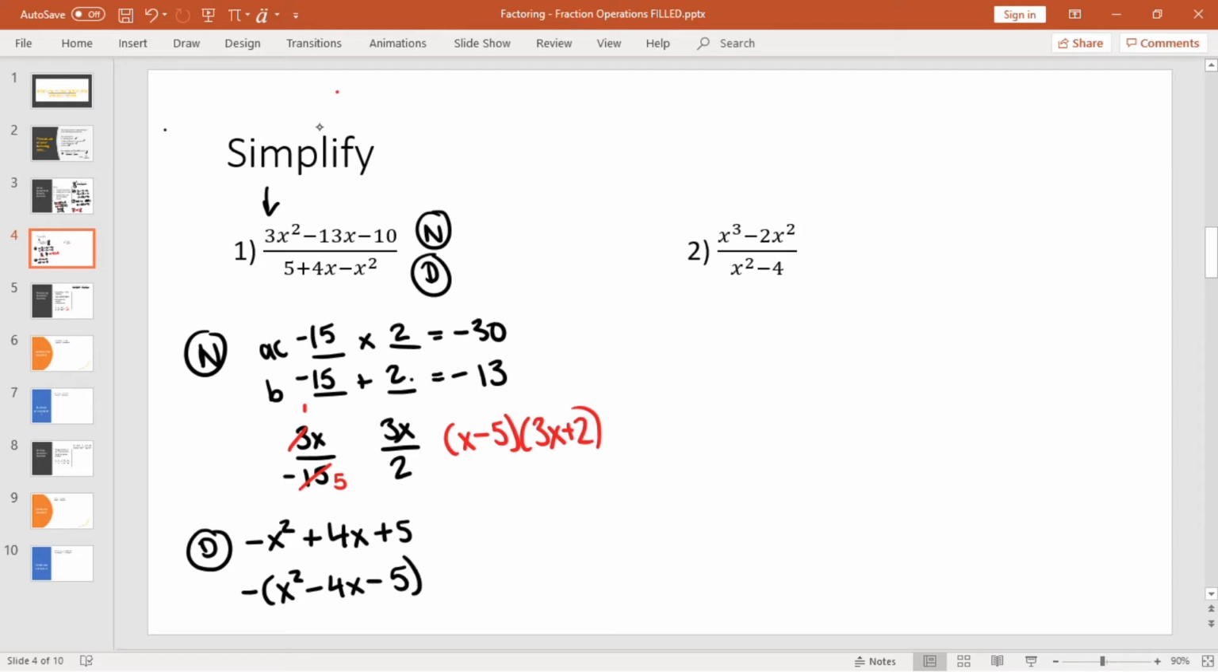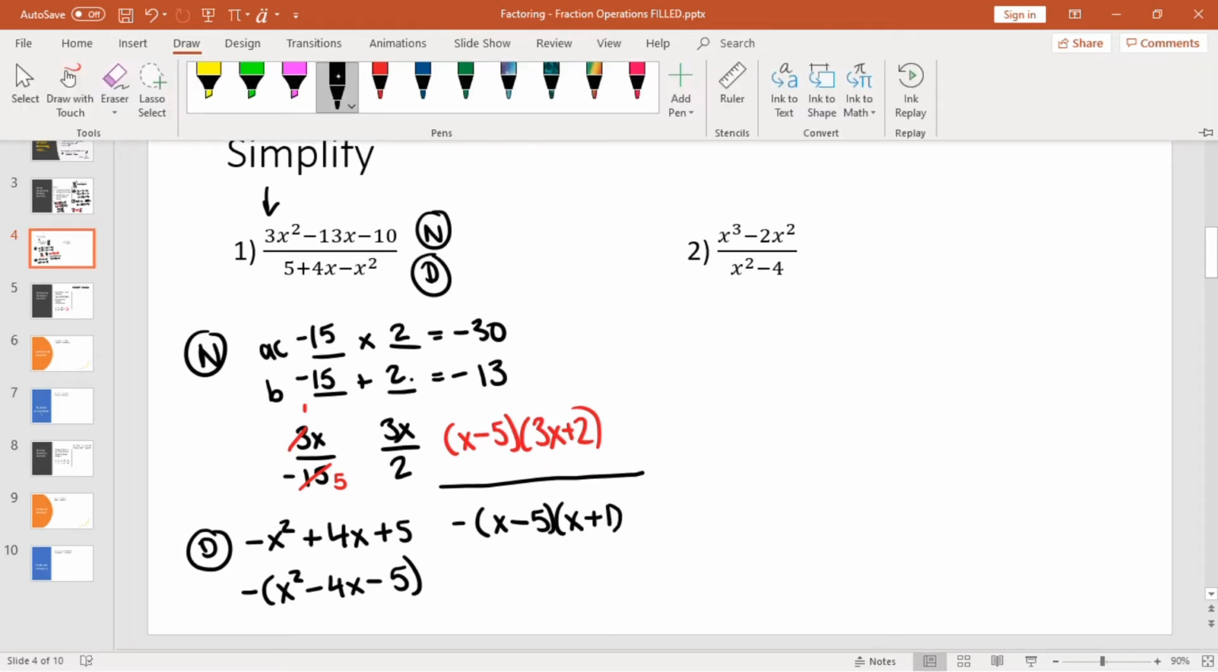5 only can be made with 5 and 1. So my AC line is -5. My B line is -4. I need factors of 5 that combine to -4, or are 4 apart rather. So x minus 5, x plus 1. But remember, we had that negative in front. So it's kind of like